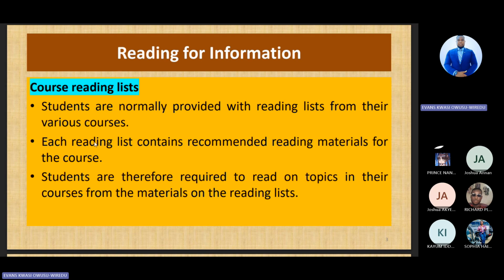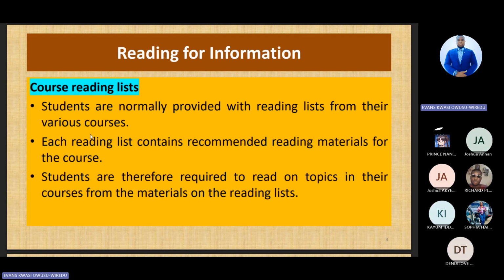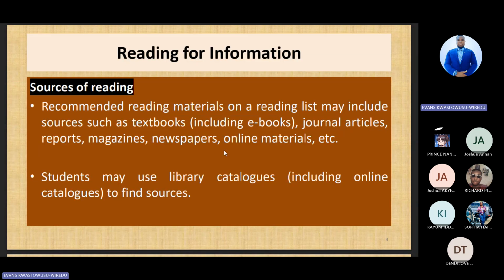And so the second point, the reading list, contains recommended reading materials. It has not just the topics for us to research or learn on, but also the particular areas, the recommended ones that we may be assessed on. And so it also has particular topics to delve into that are related to the course that one may be studying. And so it's very, very important when you are part of an academic discourse community, like in this case, a university.